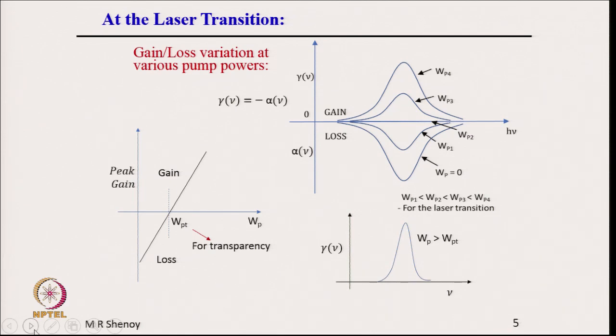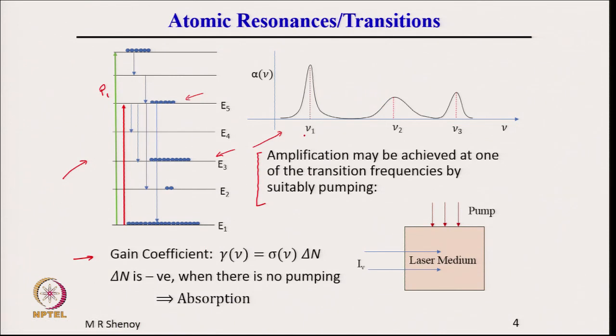At the laser transition, what is shown here in this diagram is one of the transitions. I showed in the previous diagram that there can be transitions centered around different resonance frequencies. Each of these is called a resonance. So, this is a resonance, this is a resonance. Now, let us look at a particular resonance centered around a certain frequency, where let us assume that laser transition is possible